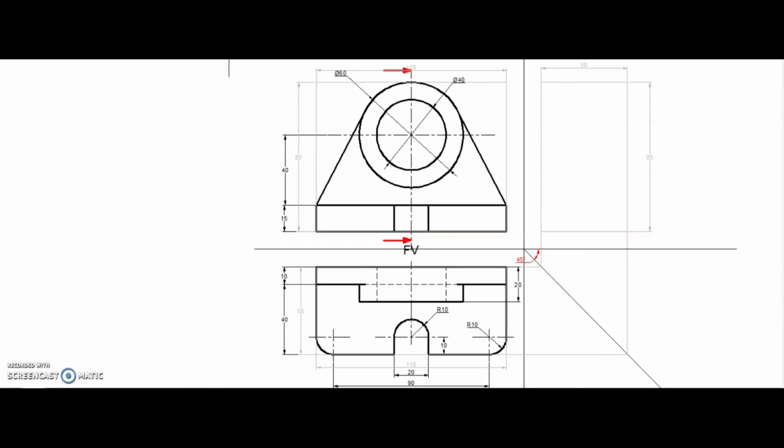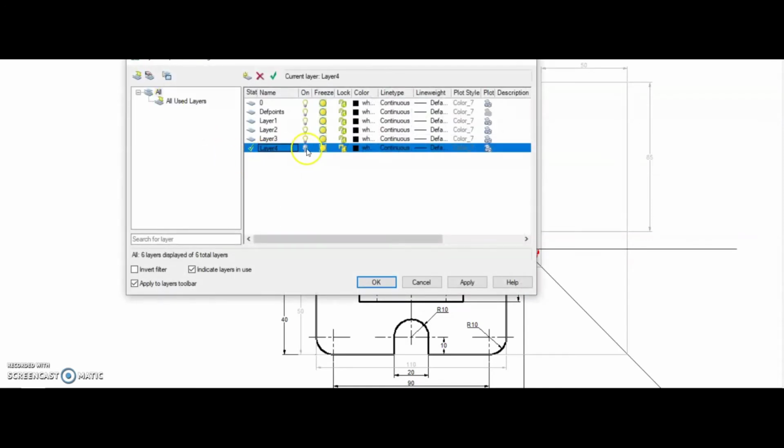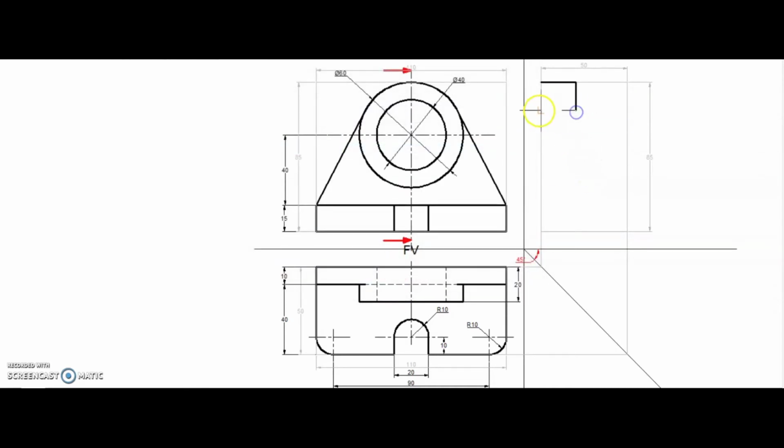Take these projections, and from this up to here draw the 20 millimeter line. So this is a length of 20 millimeter and this is a height of 10 millimeter.